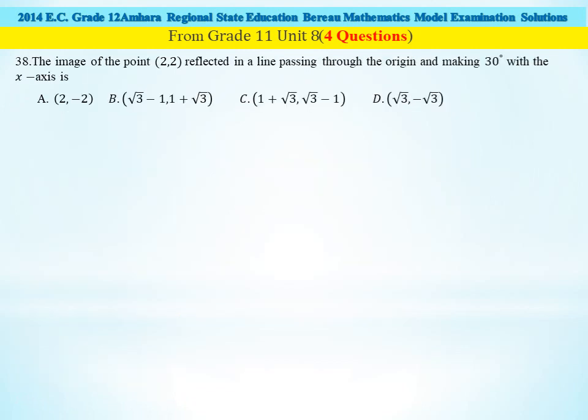The next question: the image of the point (2, 2) reflected in the line passing through the origin and making 30 degrees with the x-axis is